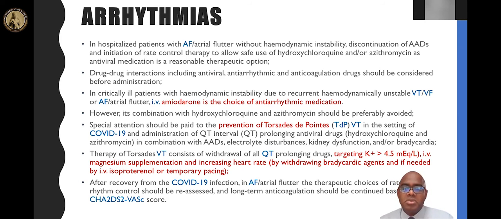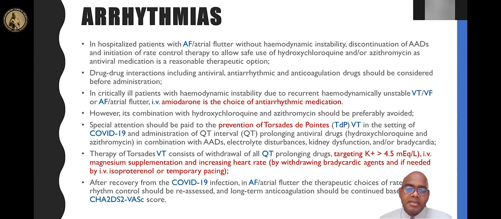Beta blockers would be one choice, calcium channel blocker would be the other choice. And always remember the cutoff of 500 as the prolonged QT interval. So if the QT is less than 500, you don't have to worry much. But if the QT is more than 500, always correct the potassium level to more than 4.5, do magnesium supplementation and keep it more than 2, and always avoid bradycardia.